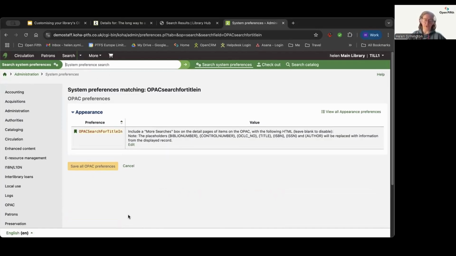The next thing I want to talk about is if your library wants to allow your users to search for authority records, you can set the OPAC authority system preference to allow. On our OPAC,